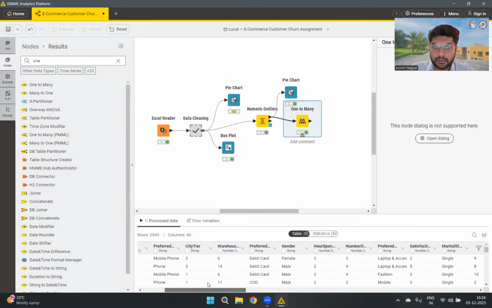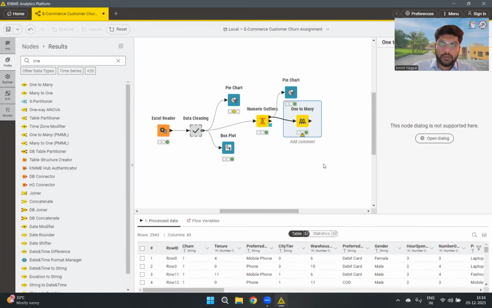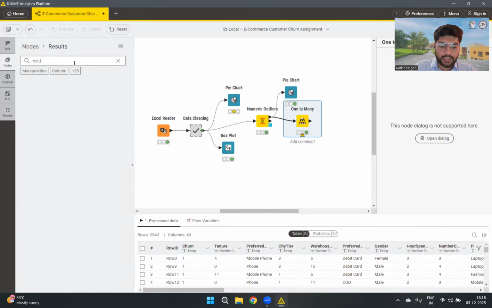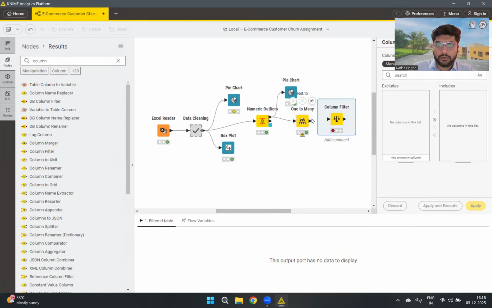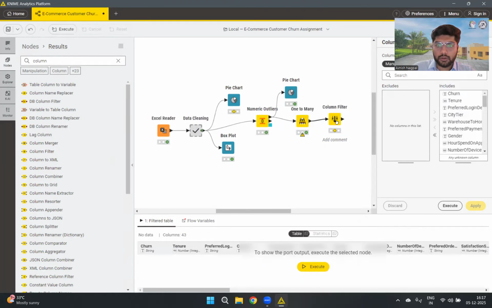So our categorical variables are encoded, but now we need to remove the original columns from this, because we can't use both the encoded ones as well as the original ones for our model creation. So for that, we need to remove these columns, and for that we will use the column filter here. So again, I will select the column filter, drag and drop this, take data from One to Many into the column filter, and then I need to